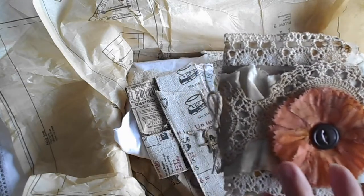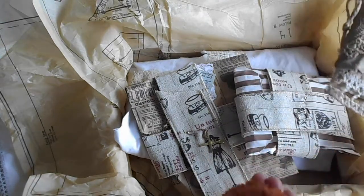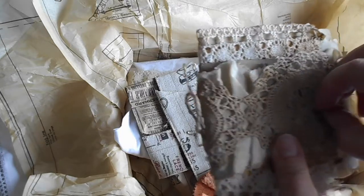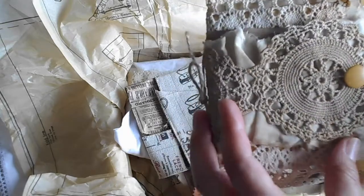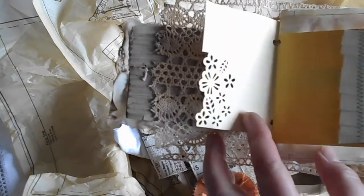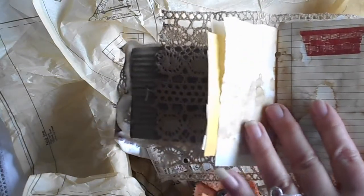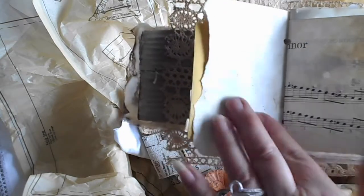notebook that she has created, and it has a little button, and the little flower comes off. It has a little button there that does up through the doily, and it's all tea stained, and really it has a light grungy look, and there's so much beautiful crocheted lace and all these lovely papers that she's put together, and she really does a wonderful job with the texture. The texture and the layers are really her